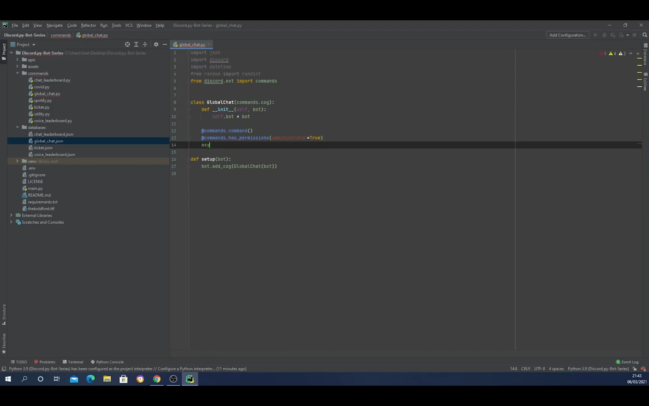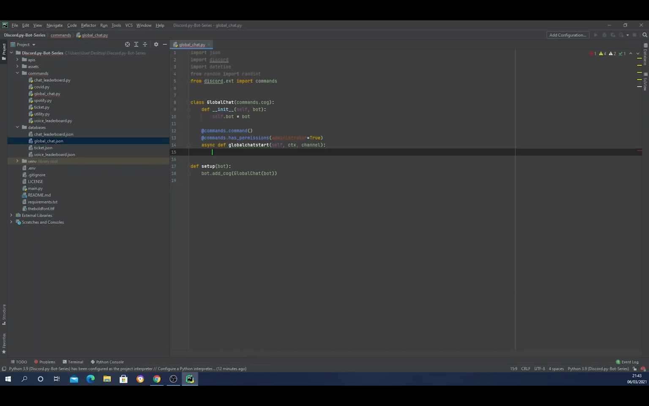And let's go ahead and define our method: async def, and I'm going to call this one global_chat_start. So this will be the command itself, and the command will take context ctx and the channel ID. So we're going to retrieve the channel information from the user. The first thing we're going to need is guild ID. So guild ID will be ctx.message.guild.id,